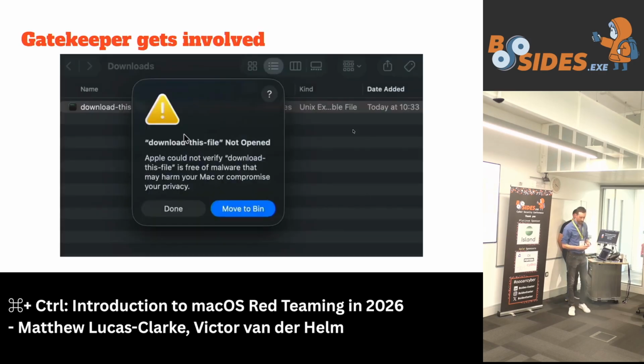So why do we care about quarantine? Well, as we mentioned earlier, it's what gets Gatekeeper interested in our file. If we got a user to download that file and double click it, and hadn't bothered to get it signed and notarized, and it had that quarantine attribute applied, then the user is not going to be able to double click open the file. Gatekeeper's going to look at it and say, you've got quarantine but you haven't got a signature, so Apple's not looked at it, and no, you can't run that.